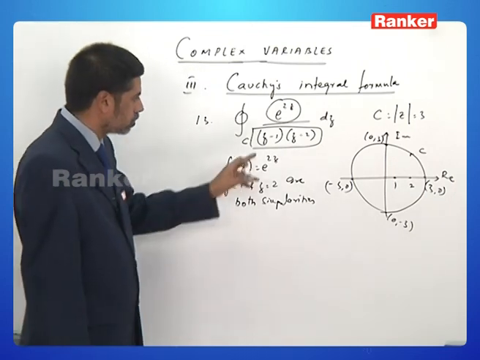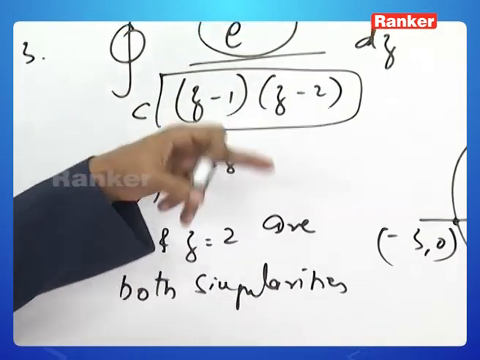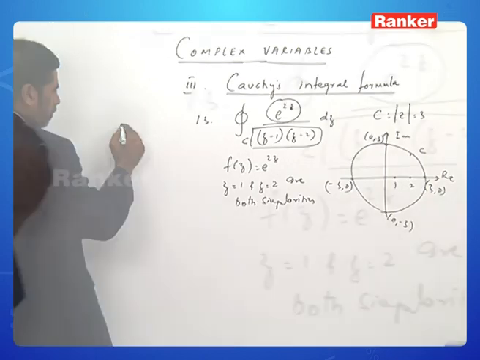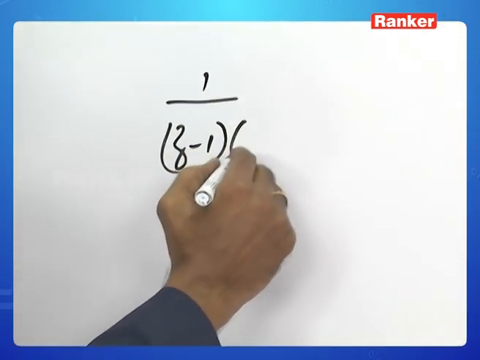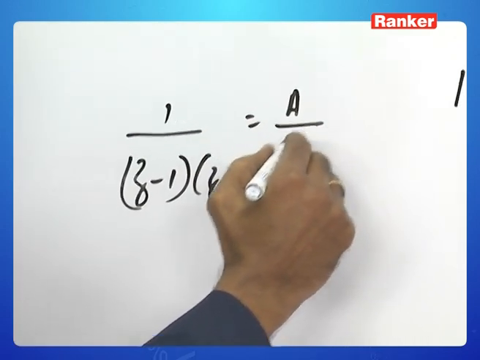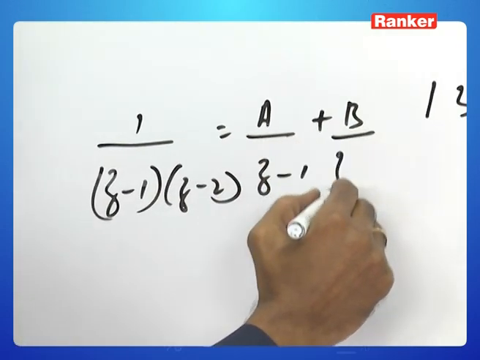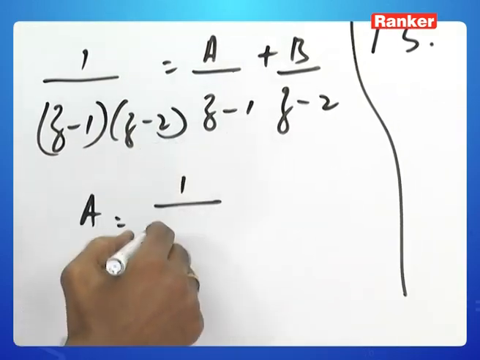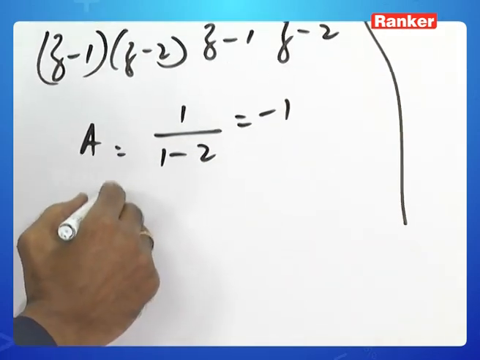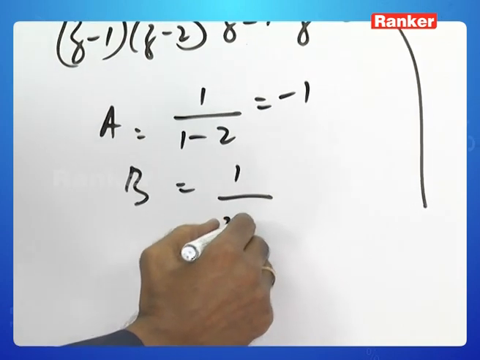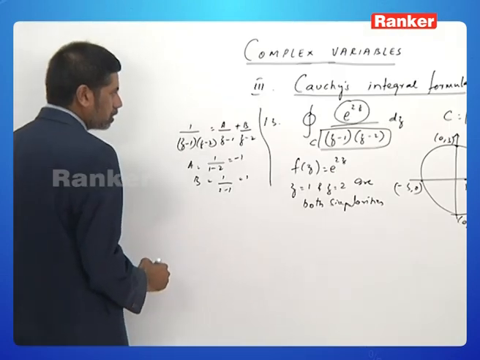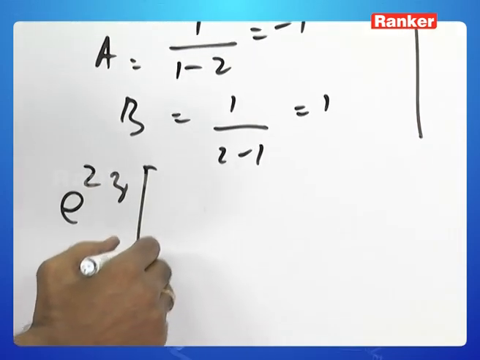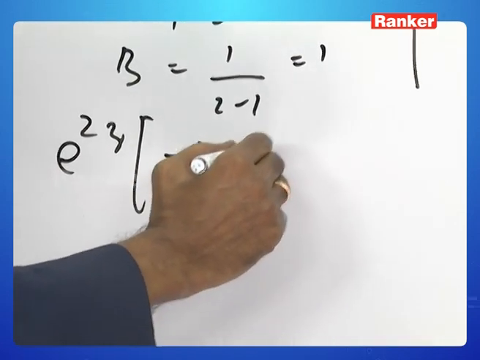How do you do it? Both the singularities are inside the contour. So what you do is, you keep aside e power 2z and you take 1 by (z minus 1) into (z minus 2) for partial fractions. So A is equal to 1 by 1 minus 2, which is minus 1. B is 1 by 2 minus 1, which is 1. Therefore, this function can be written as e power 2z into minus 1 by z minus 1 plus 1 by